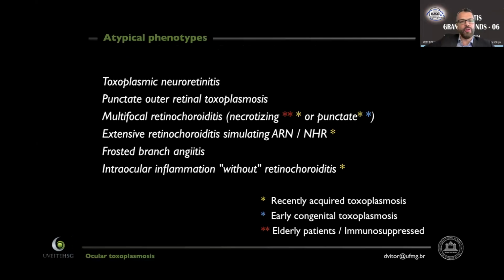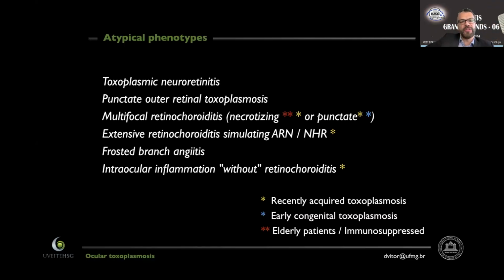We chose that case because it has many interesting features to discuss. It's not difficult to make the diagnosis of typical ocular toxoplasmosis, as Alejandra pointed out in her presentation. It's typically a focal necrotizing retinal choroiditis. The issue we have is to diagnose atypical cases. And here we have listed the most common atypical